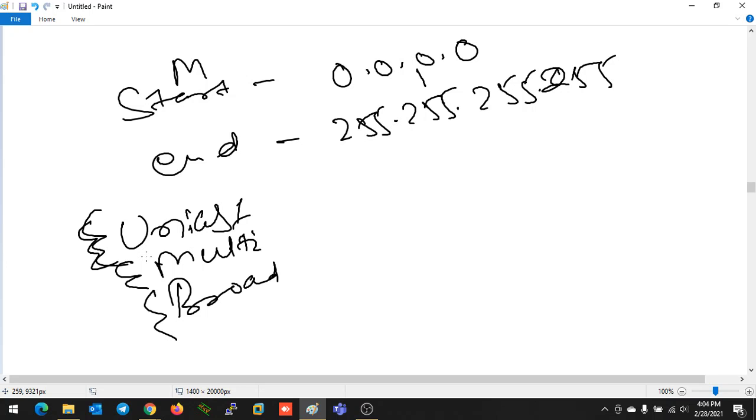So according to our usage, IP addresses are also divided into classes. So many IP addresses are there, so there should be some rules and regulations about which IP address I can use. If we made all the IP addresses usable, then what would happen? Anyone could use any IP address. There would be no control over that, no management control. So to make a control, some rules are there. According to the rules, they divided the IP addresses into classes.